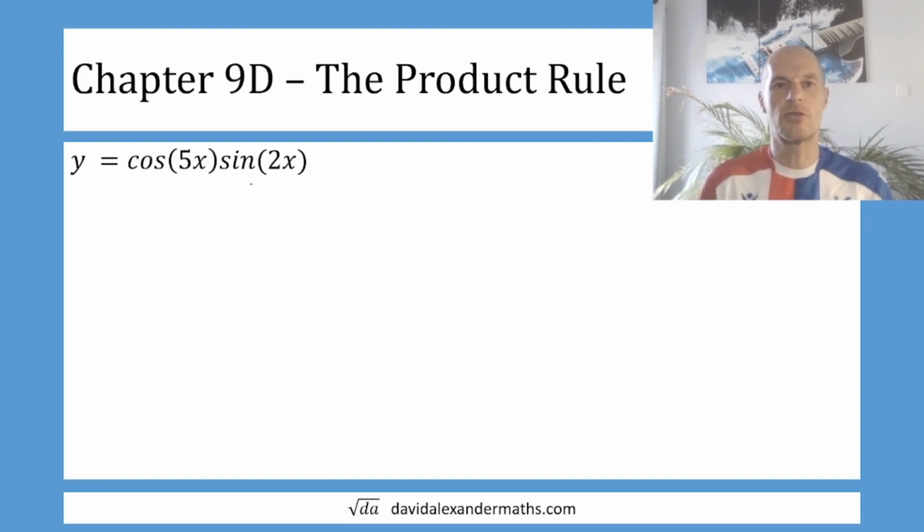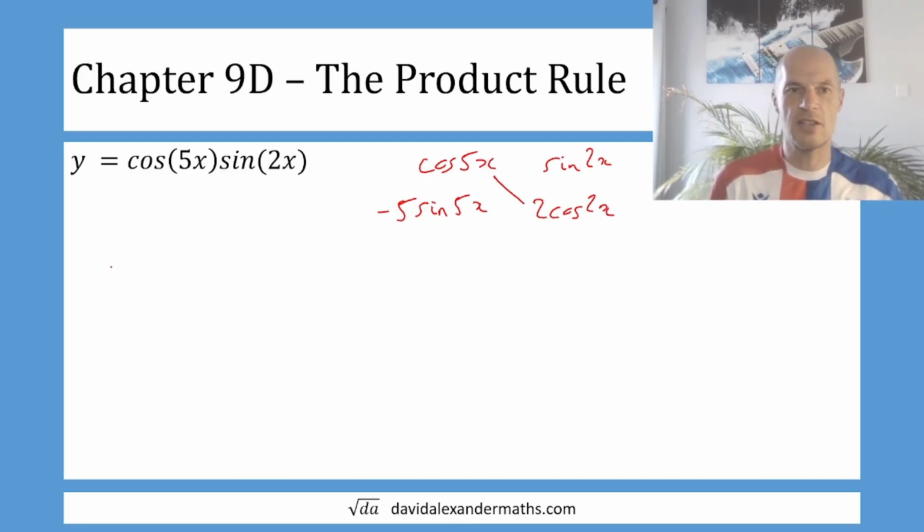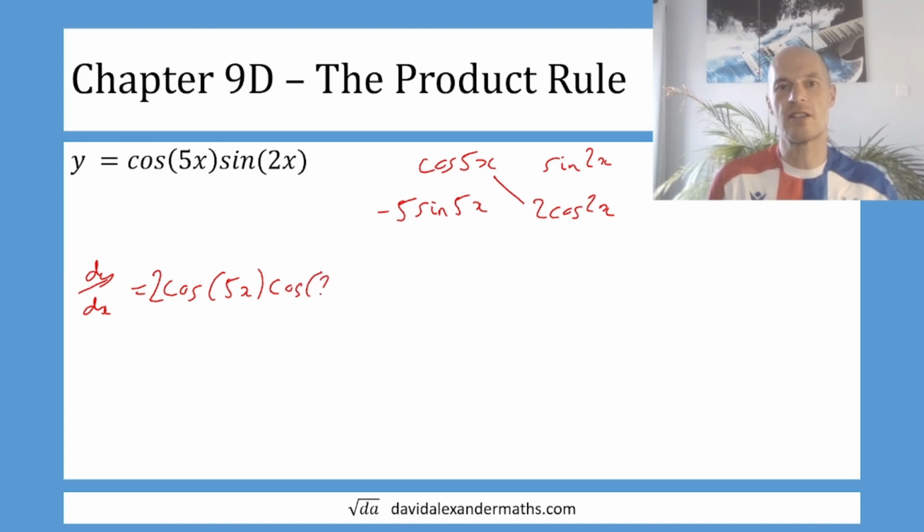There we go. So two equations, doesn't matter which one you use, unless the exam specifies a particular format. Okay, so here we've got two trig functions. So I'm going to write the cos of 5x and the sine of 2x. The derivative of cos is minus sine, so that's going to be minus 5 sine 5x, and sine goes to cos, that is 2 cos 2x. So let's combine these two. So dy by dx is cos 5x multiplied by the, there's a 2, so I'll chuck that at the front,